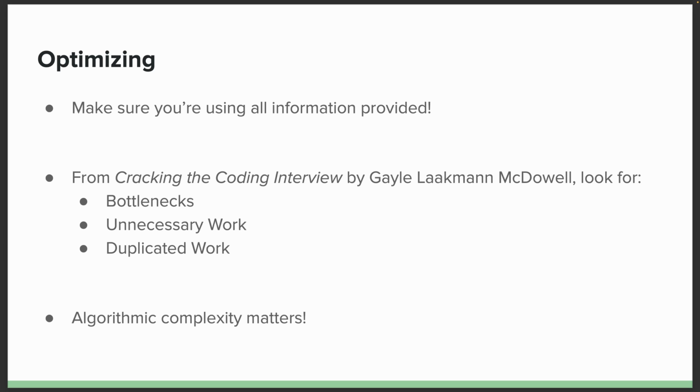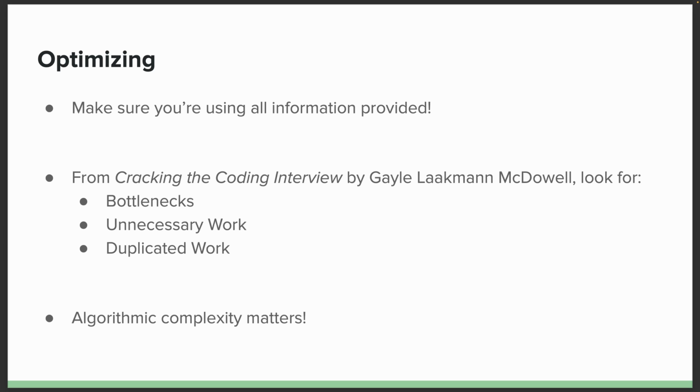One of the things that I would suggest is make sure that you're using all of the information provided. If somebody mentioned something to you in the problem description, it is extremely likely that it has a use at some point in solving the problem. Whether you need it to solve the problem at all or to optimize, it's probably there for a reason. This is one way in which the interview process is a little bit different from real life. In real life, there's lots of extraneous detail, and you have to figure out which things matter, and that's fine. But in an interview, chances are you have the information for a reason.